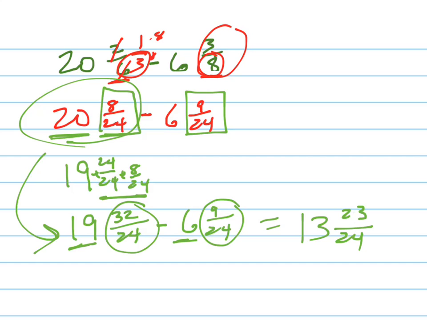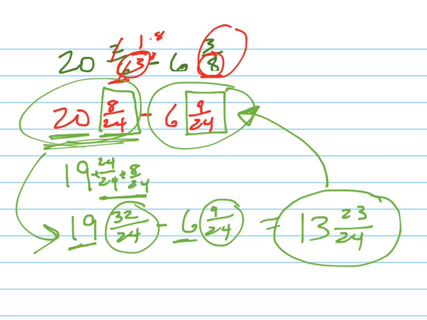And you can check that answer. Remember, addition and subtraction are inverse operations. If I add these two together, I should come up with this one right there. So just add them together. 6 plus 13 is 19. 23 plus 9 is